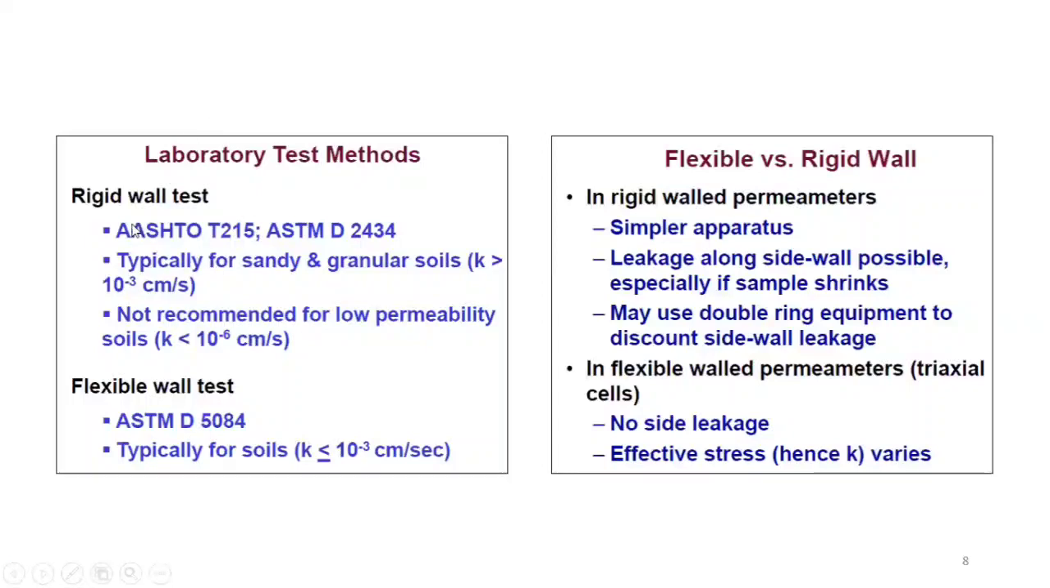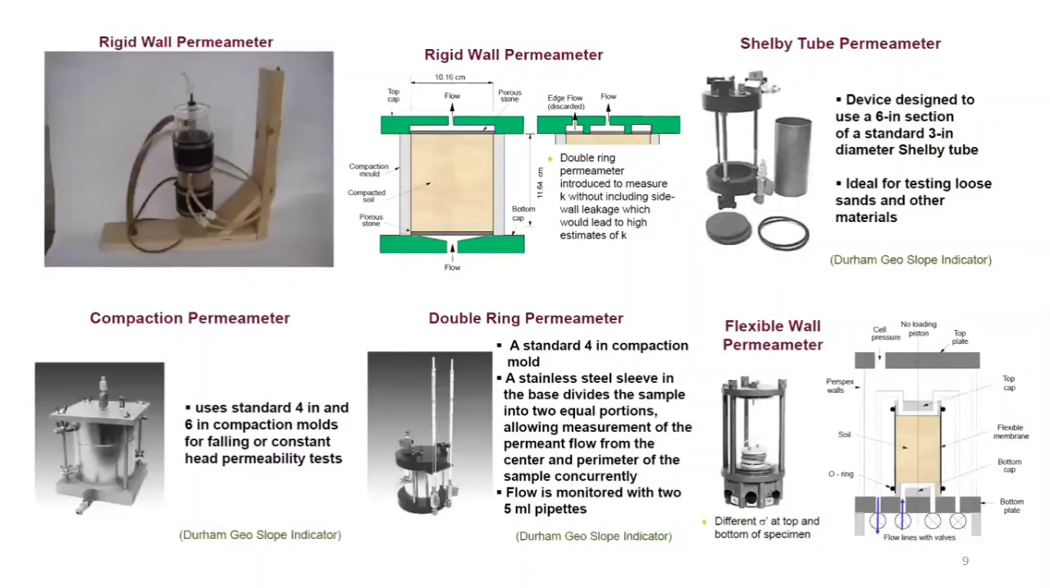So I would request you to please go through these standards and have a look at the different types of permeameters. Like I was mentioning, these are all different types of rigid wall permeameters: sometimes Shelby tube, sometimes compaction permeameters, just like compaction molds. Sometimes double ring permeameters are used to get the permeability in the lab, because of issues of water flowing through the sides of the sample. To resolve this issue, the alternative is using a flexible wall. This is exactly the same as what you have in a triaxial cell. Instead of applying the load on top of the sample, you can use this triaxial cell apparatus